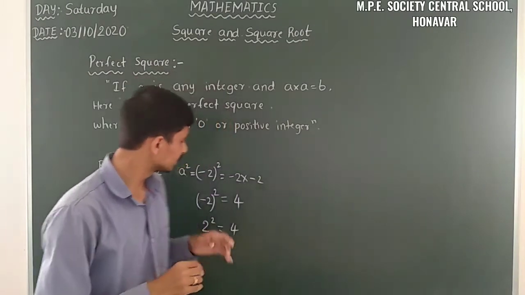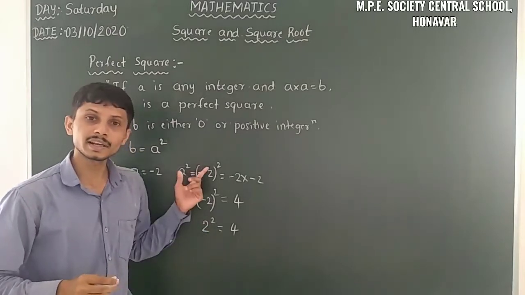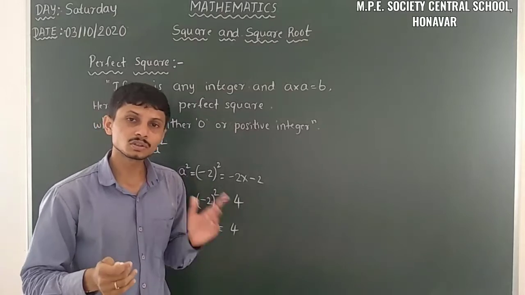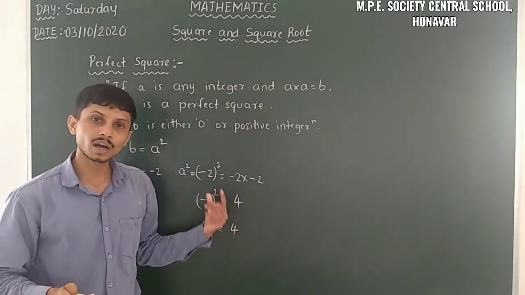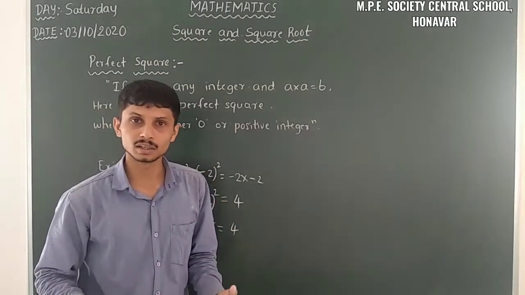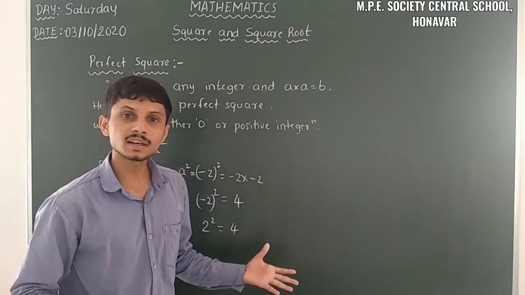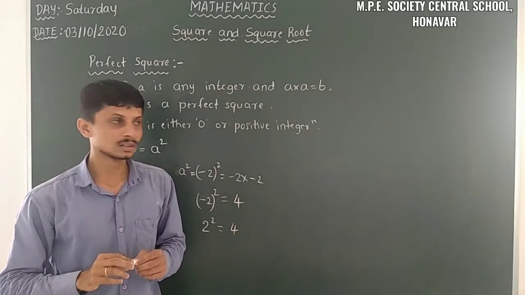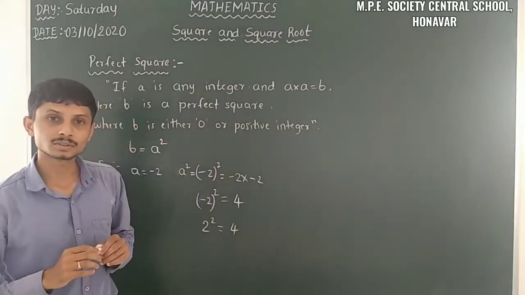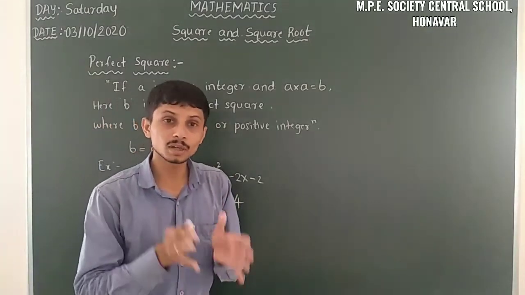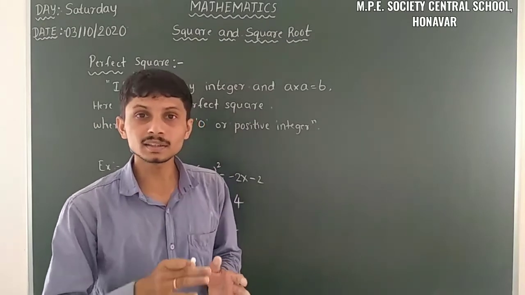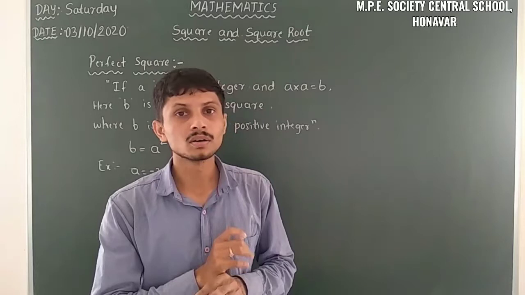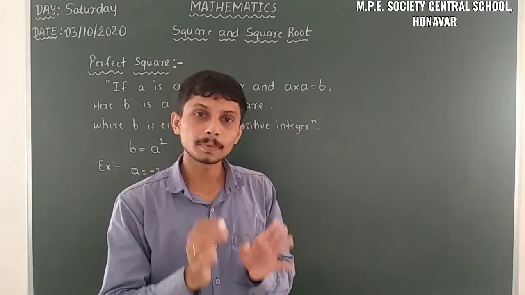So in this case, the positive integer and the negative integer, they are positive and negative integers, so the square is always the same. This is one of the properties of square numbers. So this is about the square numbers. Here we multiply a single term two times, then we get the square number or perfect square.